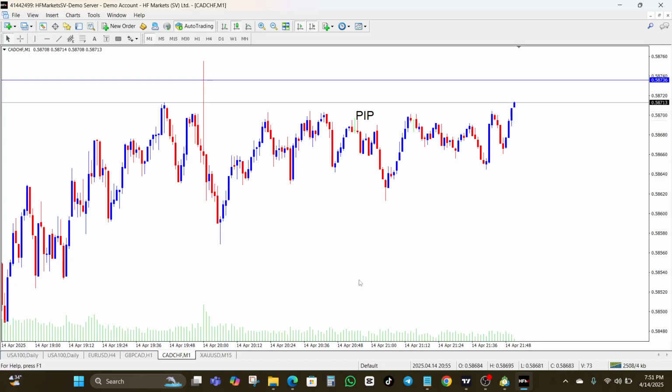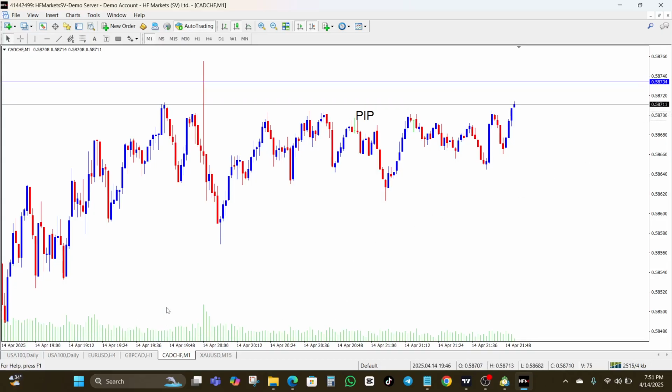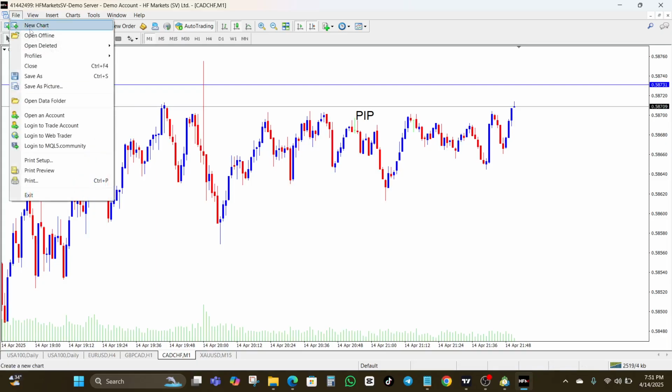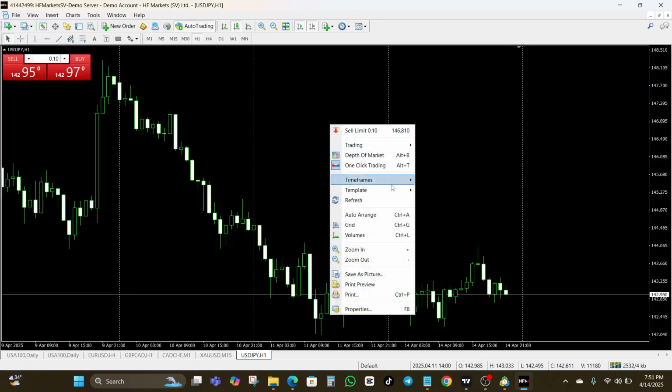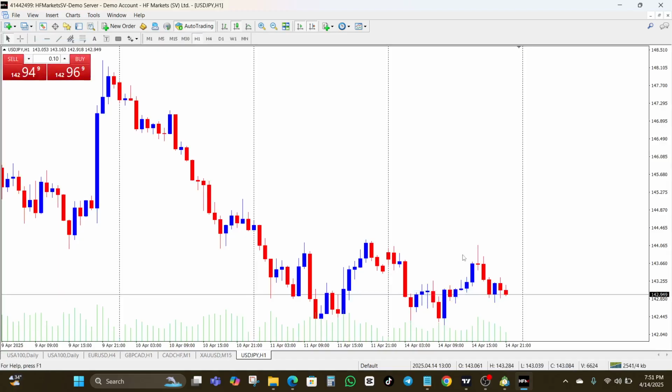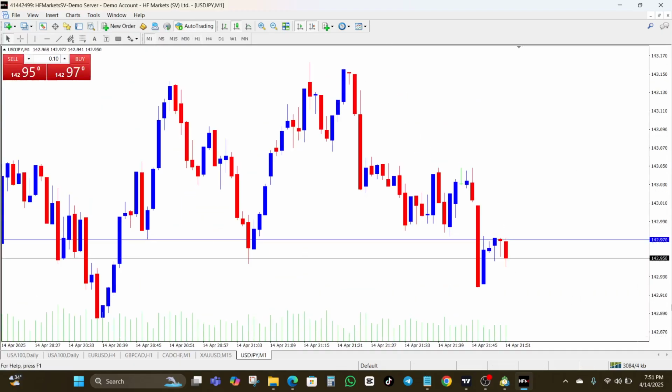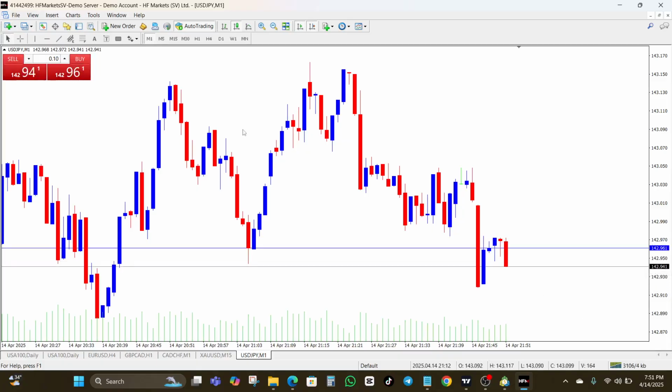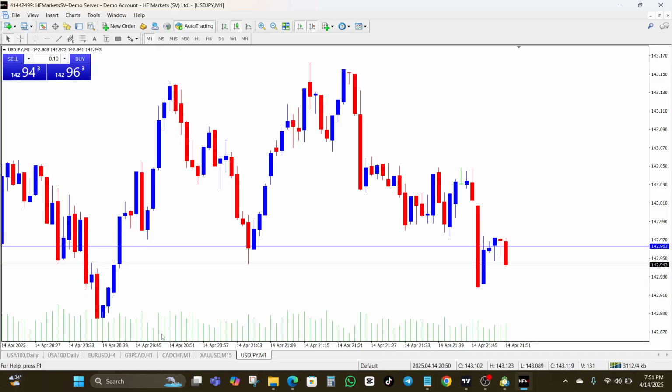But for some pairs, like the USD JPY, usually the yen pairs, pairs that involve the Japanese yen, a pip is the second decimal place. A pip, when it comes to Japanese yen pairs, is usually the second decimal. So if you want to calculate pips, you start from the second decimal for Japanese yen pairs. So for example,